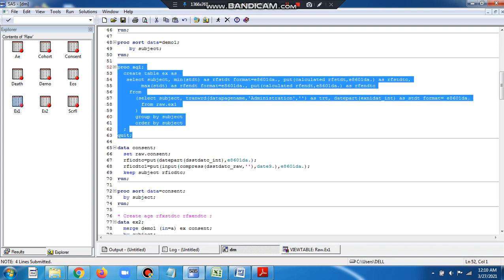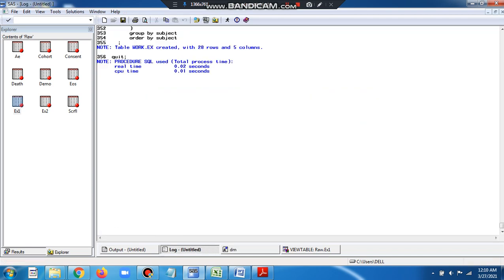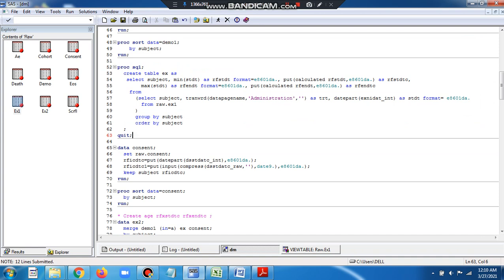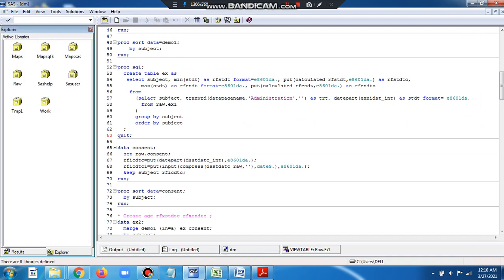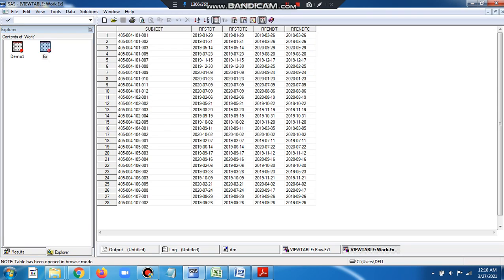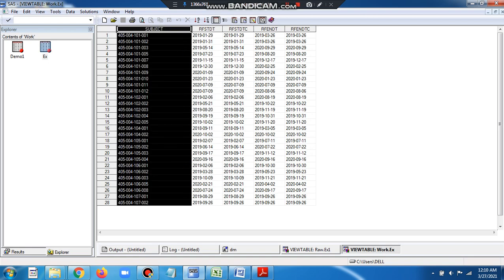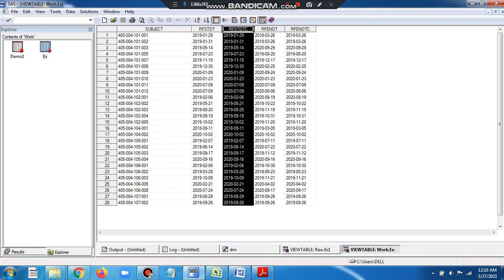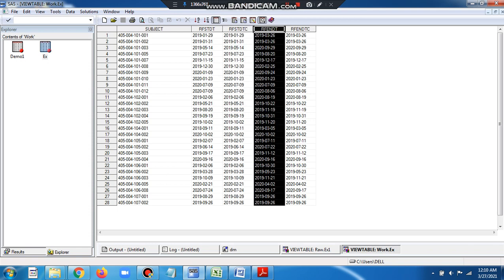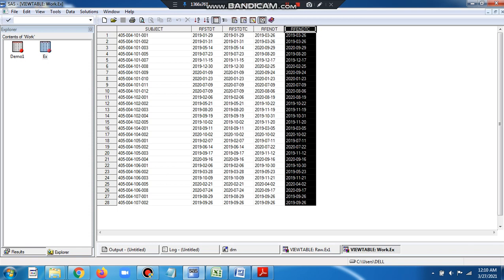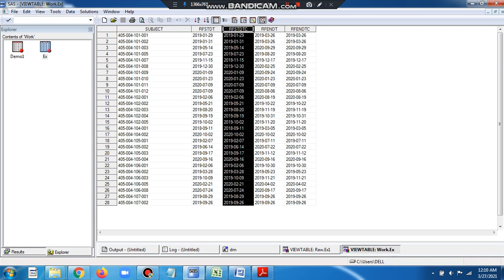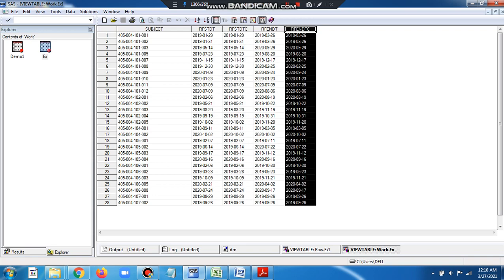So let's look at how the data looks here. I have created exposure data, EX, and these are the RFSTDT, the numeric version for each subject, the character version RFSTDTC, the numeric version of the end date RFENDT, and the character version of the end date. So I have created these two variables that I needed for the DM domain.